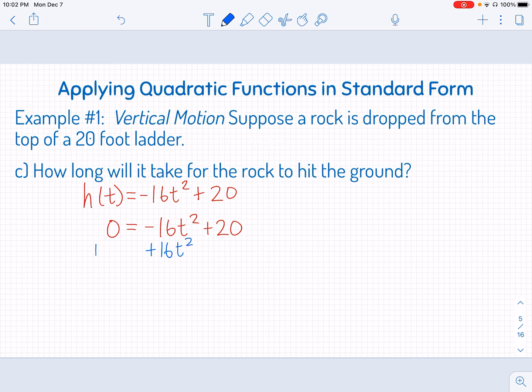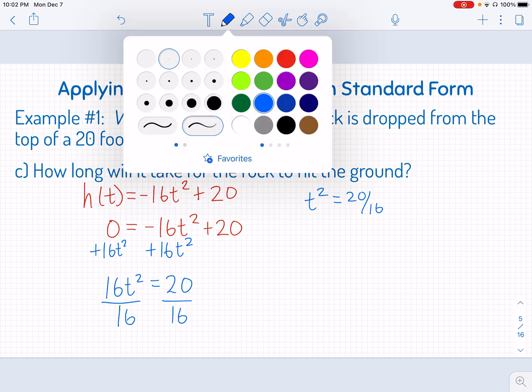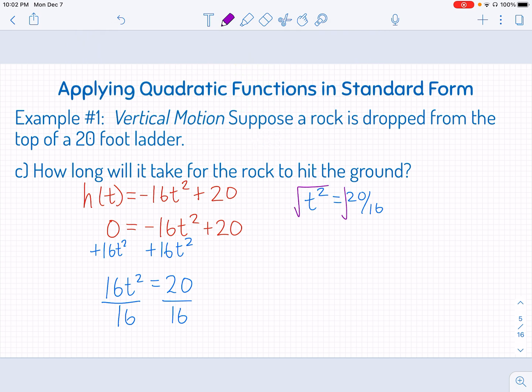So you could move either the 16t squared or the 20 to the other side. And then you're going to divide by 16. So I just rewrote that so it was over here, a little more clean. And then take the square root. So on my calculator, I'm going to do second square root button, 20 divided by 16. And I'm making sure I'm taking the square root of the whole phrase, that whole mathematical expression, 20 over 16. And when I type it in, I get t is approximately equal to